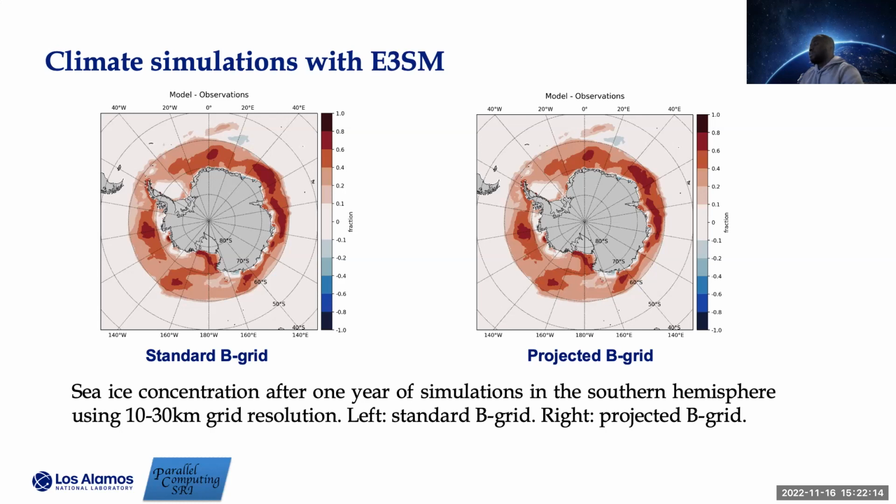And in this, we do not see much difference between the two numerics, whether we use the standard or the projected approach. This result is the difference between the output of our model and the observation data. So that's what we have on the slides. And this also tells us that there may be some other things we are not considering in the model.